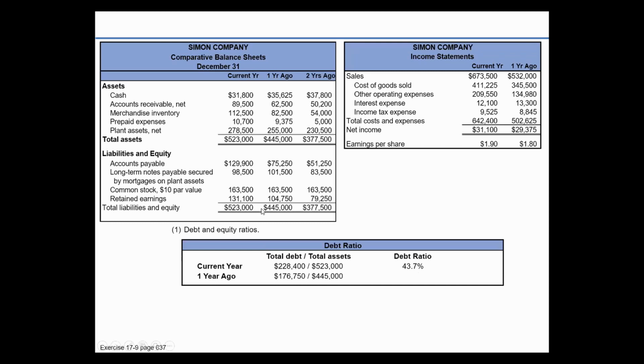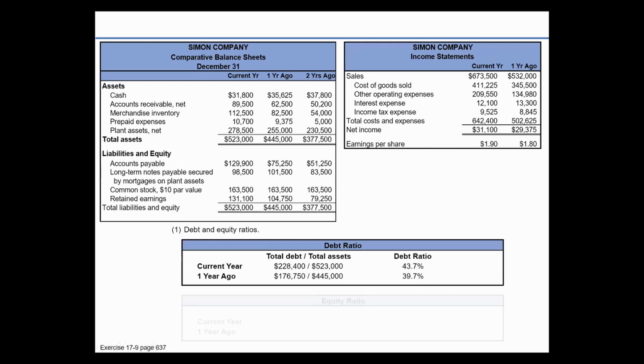And then same thing for a year ago. If you look, total debt again, 75,250 and 101,500. Add those up, comes out to 176,750. That's our total debt divided by the total assets. And if we look, total assets for a year ago is 445,000. So divide that out, is 39.7%